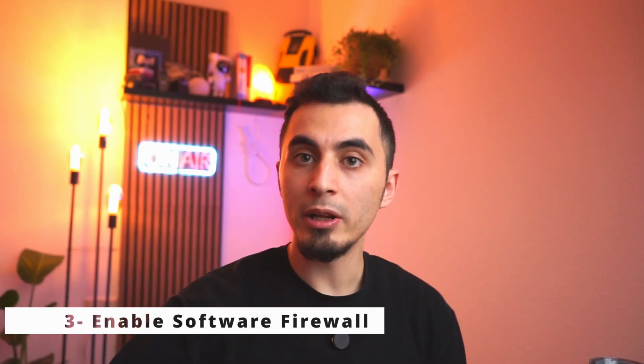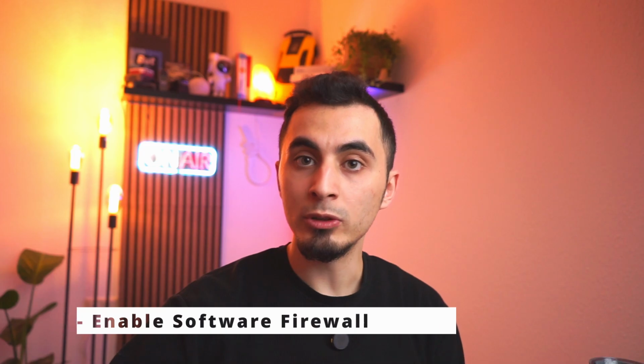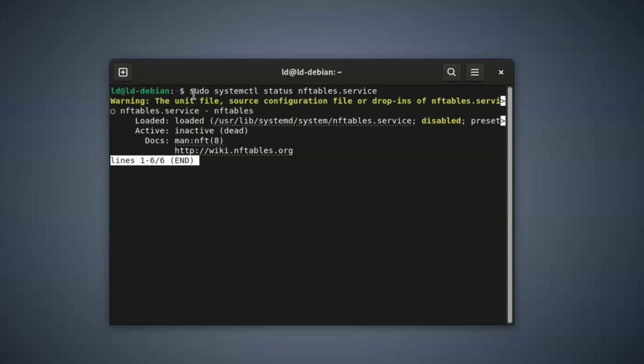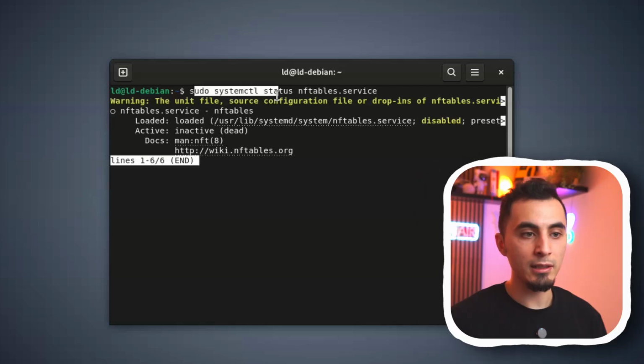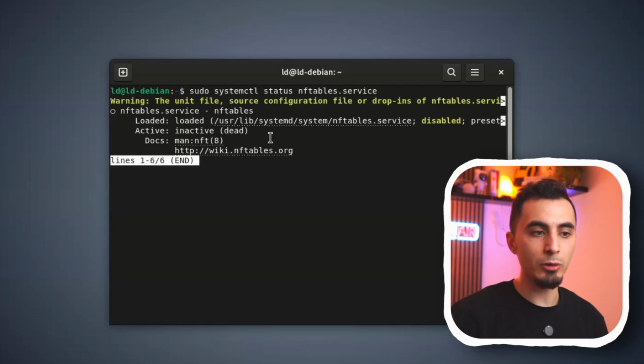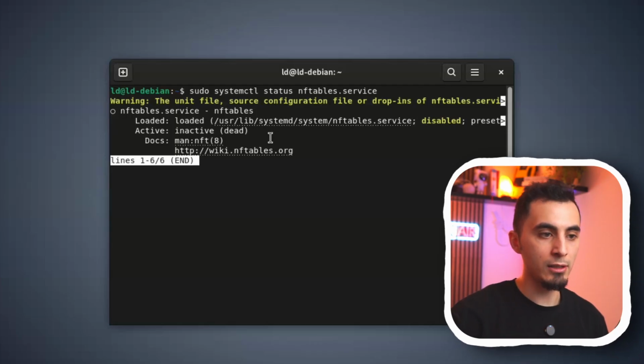You might be surprised to hear that, but many distros like Ubuntu come with a pre-installed firewall, but it is disabled. Even Debian has a pre-installed firewall which is not enabled by default. So let's repair this. Here I'm on Debian, and as you can see it's telling me that the service of the firewall isn't running. I'm gonna use another software firewall, which is simpler and easier to configure.